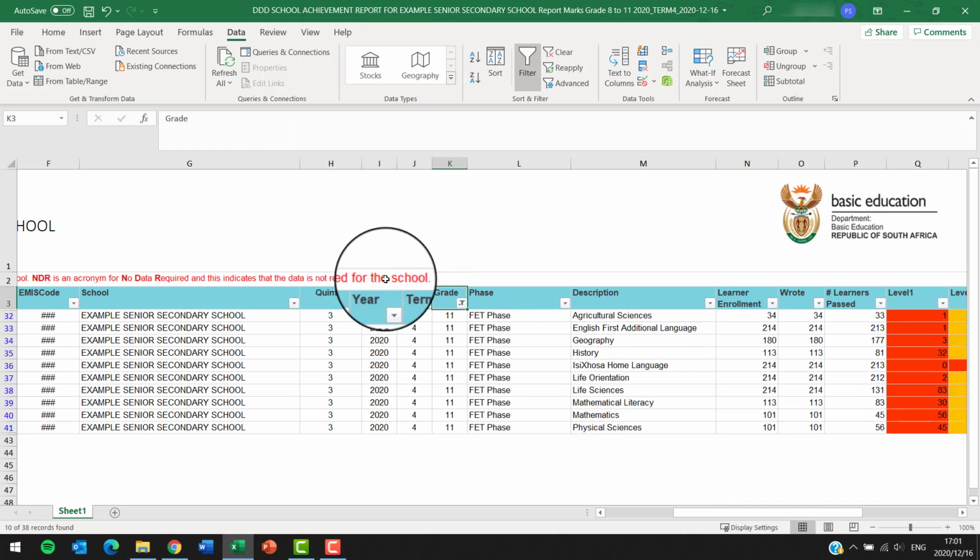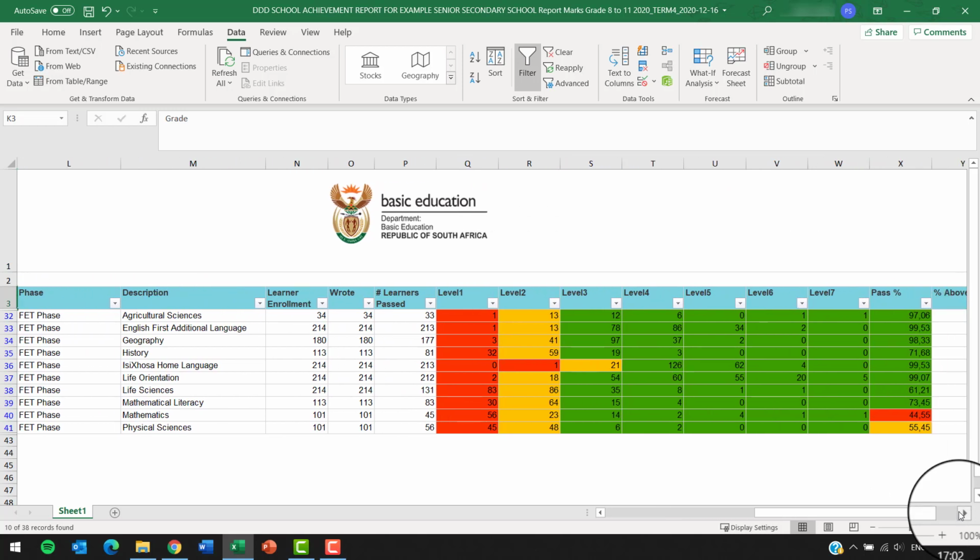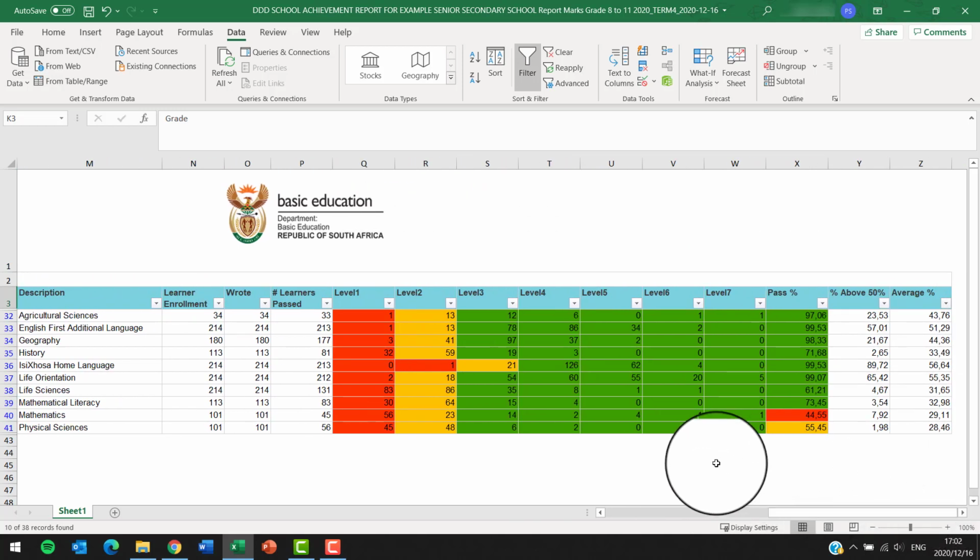Scroll to the right once again so that column M with the subject names is in the leftmost column. To the right of that, you should be able to see all the data you need to analyze each subject's performance. This includes the number of learners enrolled in the subject, the number that wrote, the number that passed, and then the number of learners in each of the 7 achievement levels. The final 3 columns show the pass rate, the percent of learners achieving above 50%, and the average mark for